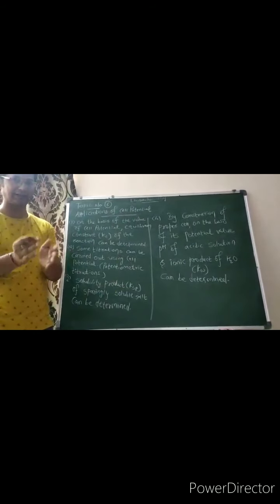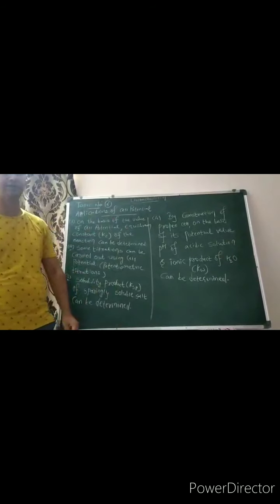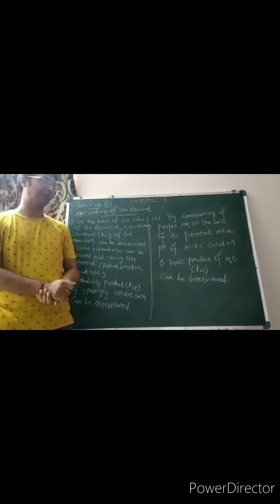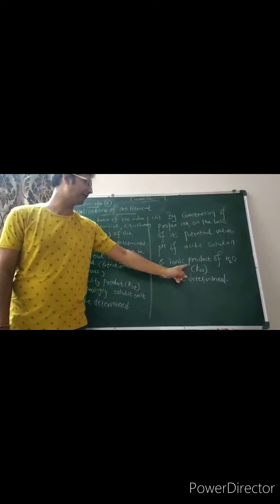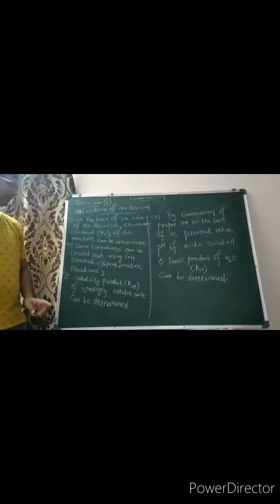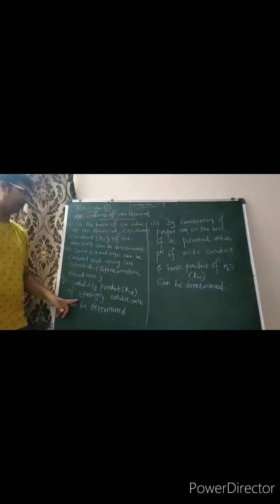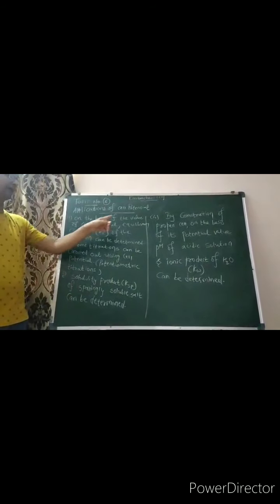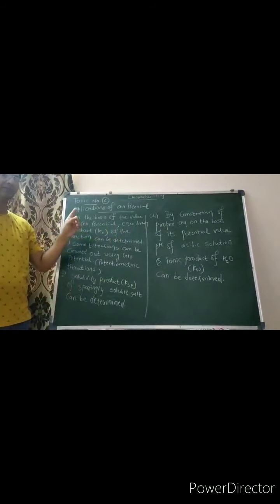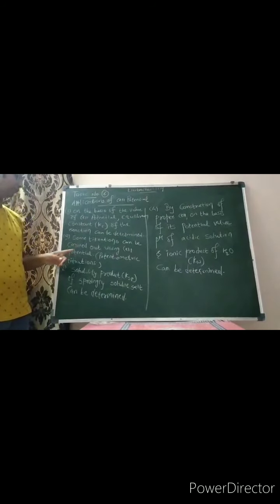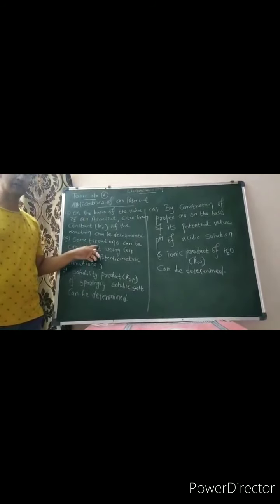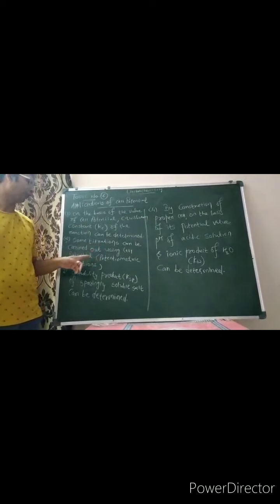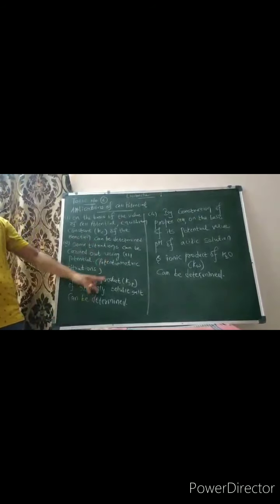Again in short I am telling you, by the help of cell potential we draw the proper electrochemical cell. On it we calculate the pH of the acidic solution, and we calculate the ionic product of water. Second point, we calculate the KSP of sparingly soluble salt. Third, we calculate the equilibrium constant Kc by the help of cell potential. And the fourth is we also calculate some special type of titration known as potentiometric titration by the help of this cell potential.